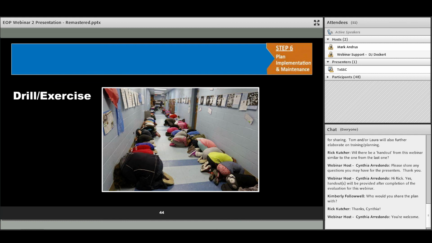So part of your emergency operations plan should be the inclusion of which drills you're doing, where you're doing them, how often you're doing them. For instance, if you're at the high school, you're going to do a fire drill every month that school's in session 10 or more days. Let's say for a lockdown, your district may say, well, we're going to do at least one a semester. You might have more than that. You may say, look, we're going to do 4 a semester, 2 each semester, or one, one during the summer. Think about what those requirements are.